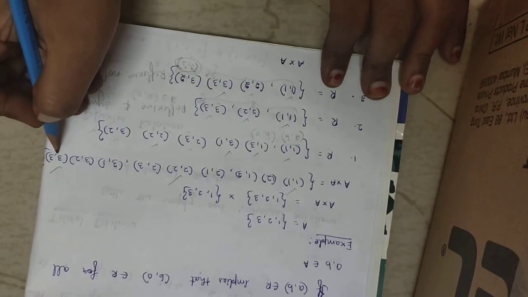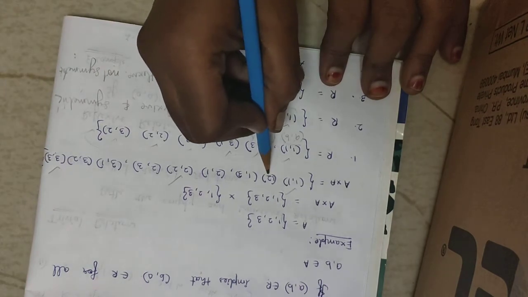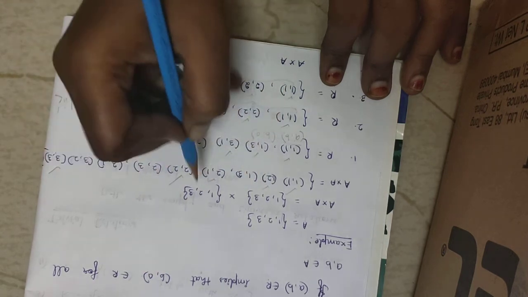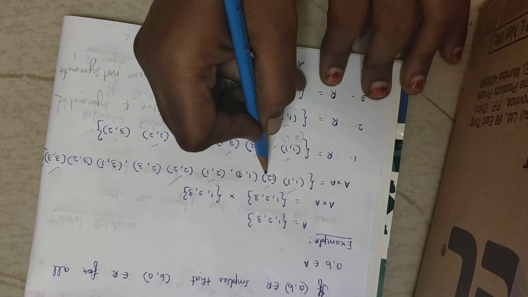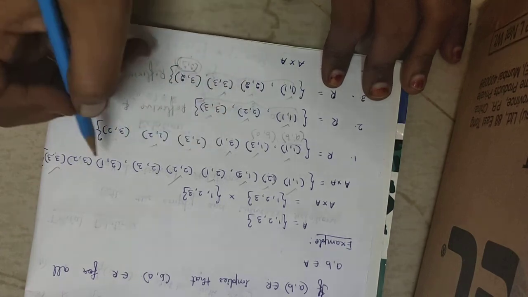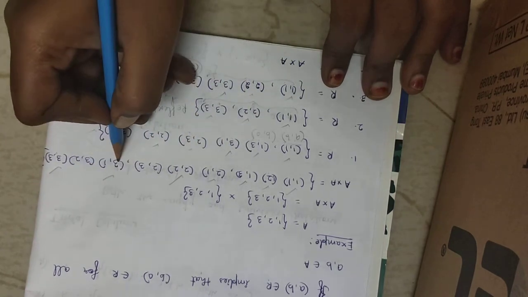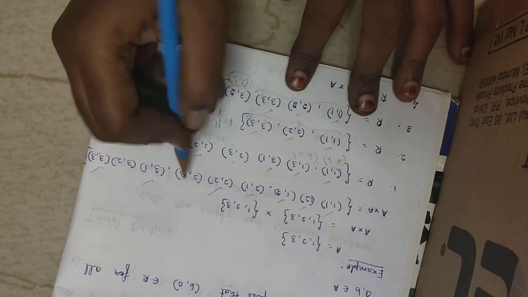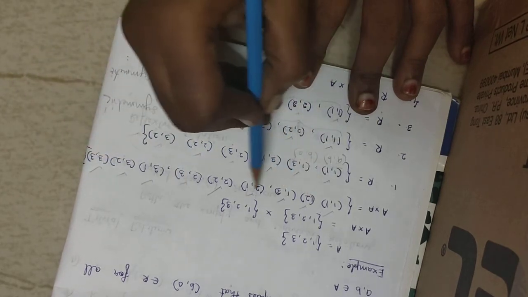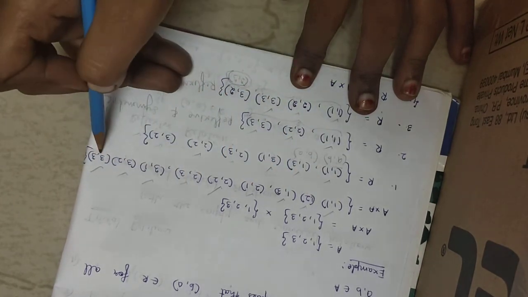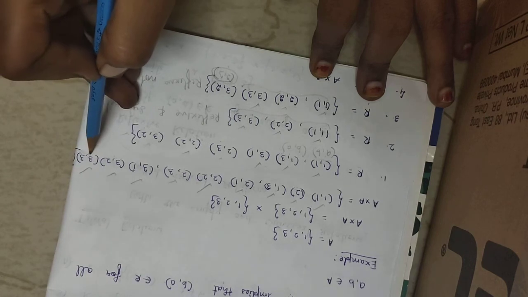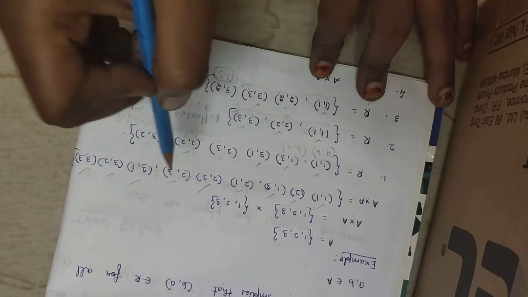Now let us check whether it is symmetric or not. Now (1,2). For that I have (2,1). So this will satisfy. This will also satisfy. (2,1) means again (1,2). Now (1,3). For this the next will be (3,1). So both of these will satisfy. Now here (2,3) means the next will be (3,2). So each and every ordered pair satisfies the condition. Therefore the entire Cartesian product is reflexive and symmetric.